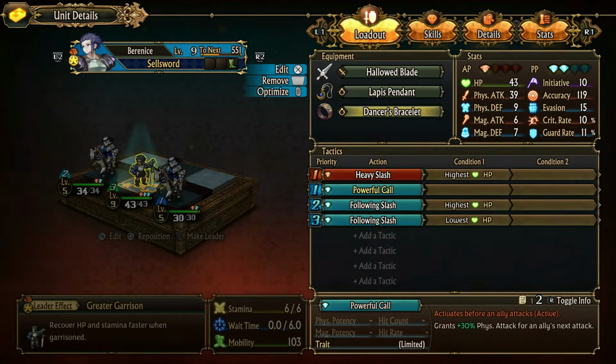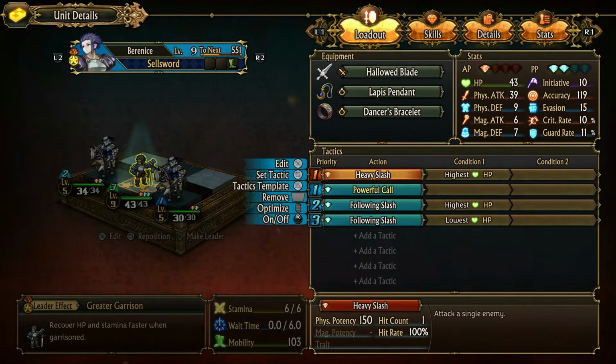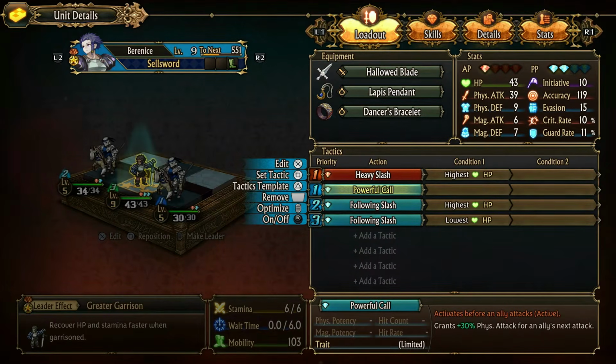As far as our tactics are concerned, we have the normal Sellsword Heavy Slash, big physical damage to set up a weakened enemy, targeting the highest HP enemy to achieve maximum efficiency on that attack. Powerful Call for when one of our knights decides to ride out and deal damage, gives them a nice physical attack boost that might even allow them to finish off a squishier enemy without needing it to be set up first,